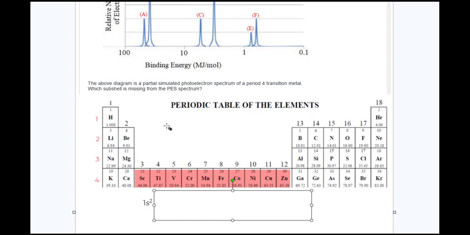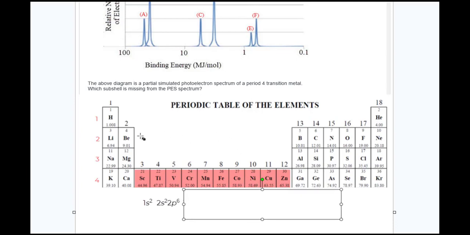Now, in a transition metal, we'd also have a second energy level, 2s2, and then we would have a 2p6, because we're moving along. You can use the periodic table to figure out the electron configurations, but if you're at AP level, you should have these memorized. They're easy enough to remember. They're pretty logical. We would have a second energy level with 2 electrons and then 6 electrons. Then we'd go to the third period where we would have again an s with 2 electrons in it, and then a p subshell with 6 electrons in it, and we would have moved all the way up to our period 4